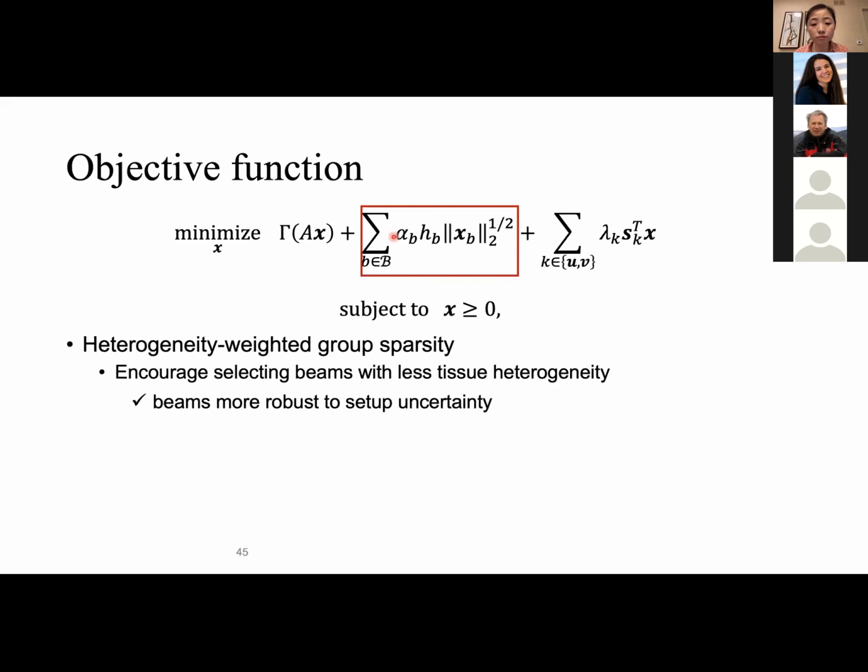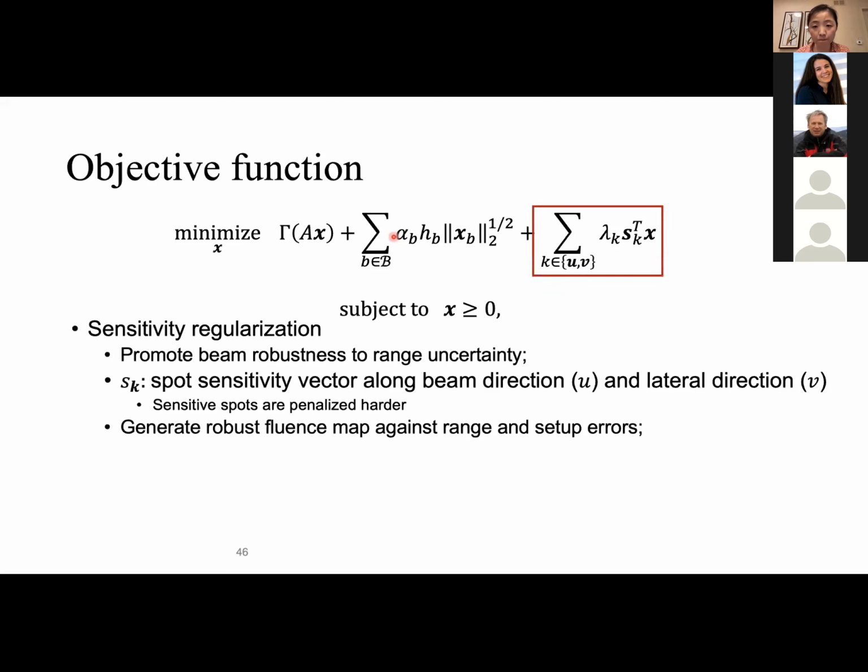Therefore making it more robust to setup uncertainties. And the third part is a sensitivity regularization. This part has two aims. First, because only setup uncertainty is handled in the second term, we use this term to promote beam robustness to range uncertainties. And we also want to use it to make the entire fluence map more robust to both range and setup